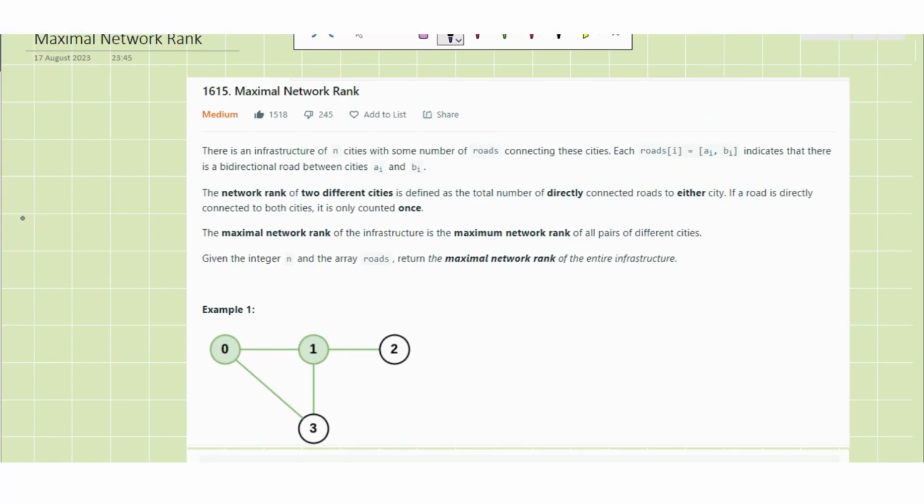Hello everyone. So today we are going to solve question number 1615, Maximal Network Rank. So let's first read what the problem statement states. So there is an infrastructure of n cities with some number of roads connecting these cities. Each road at i is equal to ai, bi indicates that there is a bidirectional road between cities ai and